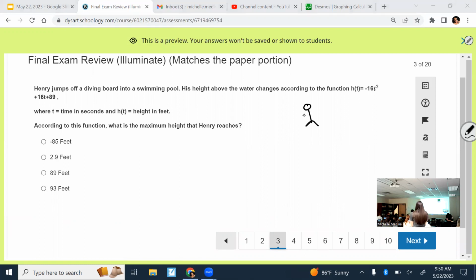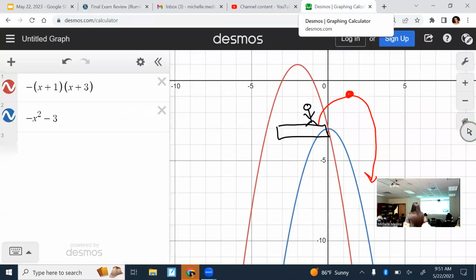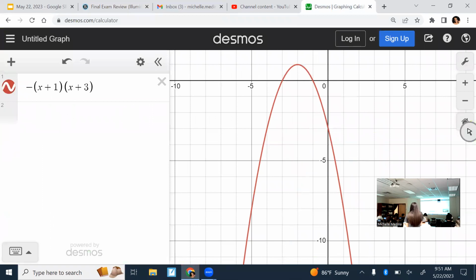So that's a quadratic function. So if he's on a diving board like this, his path goes up and then down, right? Because the diving board would put him up a little bit. So we're trying to figure out the maximum height, which would be where on this diagram? The very top, otherwise known as our vertex. So we just have to graph this, but remember, probably switch out the t's for x's. So negative 16x squared